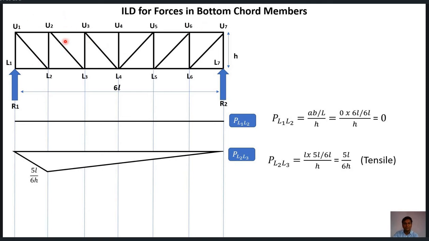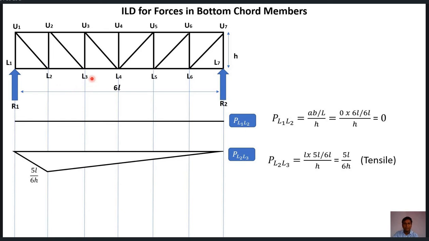When this truss is subjected to some downward loading in a vertically downward direction, when this truss tends to bend, in that case all the top chord members will be under compression and all the bottom chord members will be under tension. So all these bottom chord members will be carrying tensile force for every position of this unit load. So here we have shown this diagram on the downward side. We'll be keeping the same thing: tensile diagrams will be kept on the downward side, compressive will be taken on the upward side. Okay, so in this way we can draw the influence line diagram for L2L3.